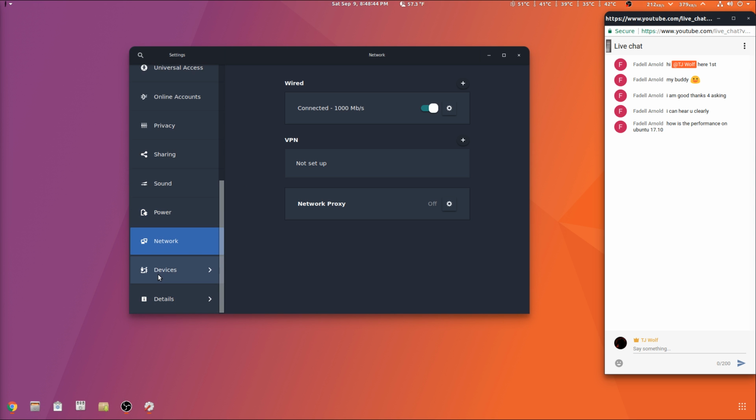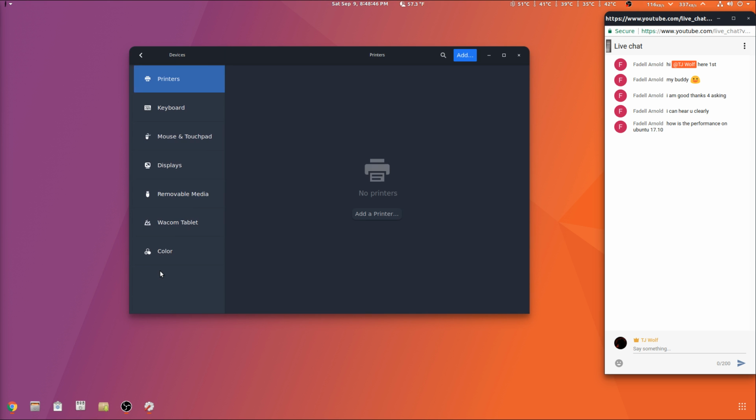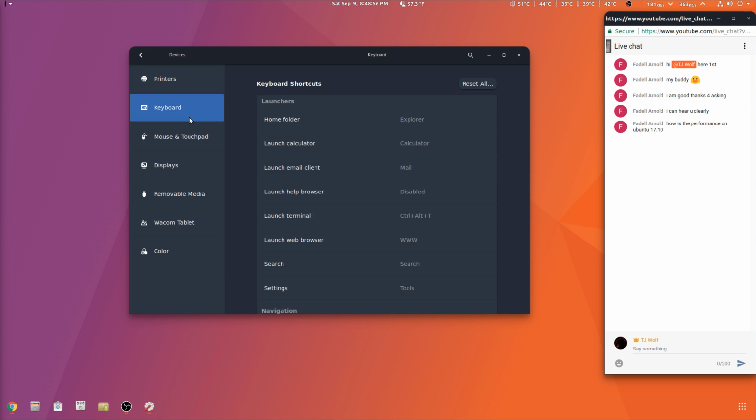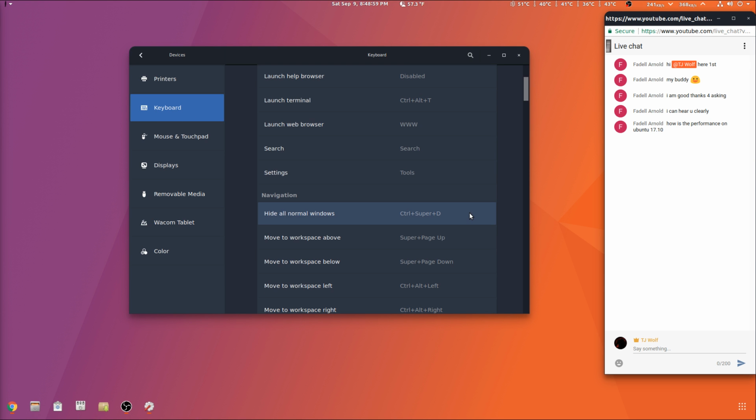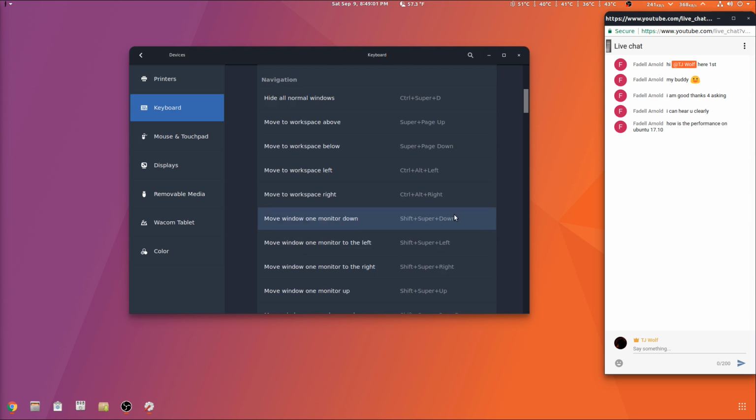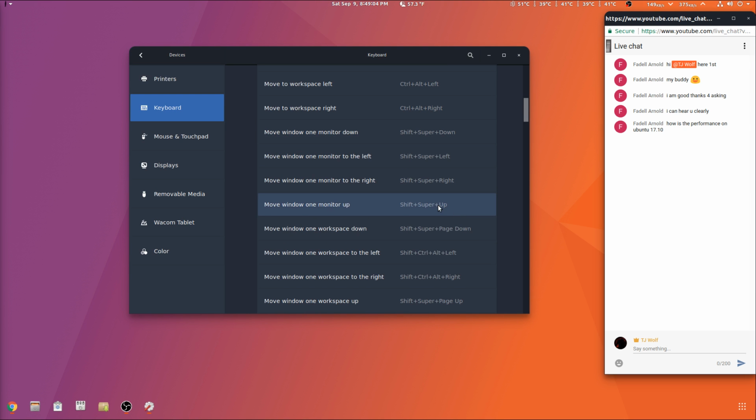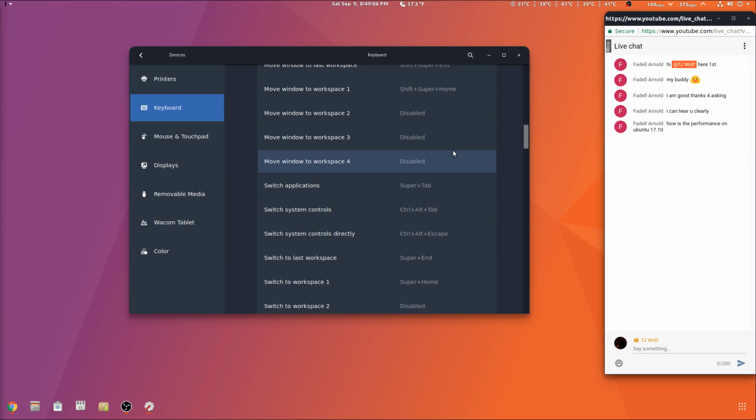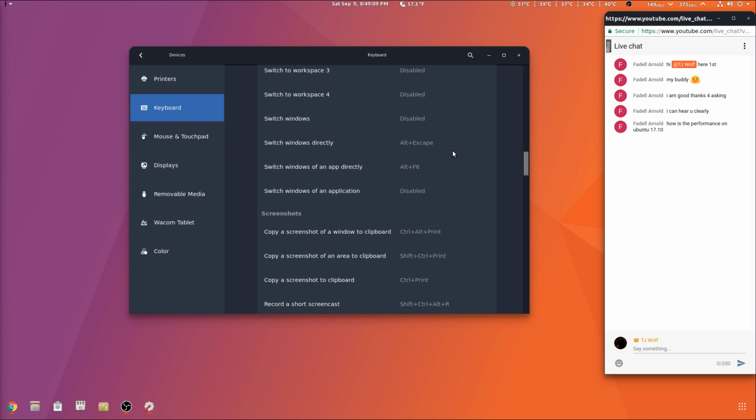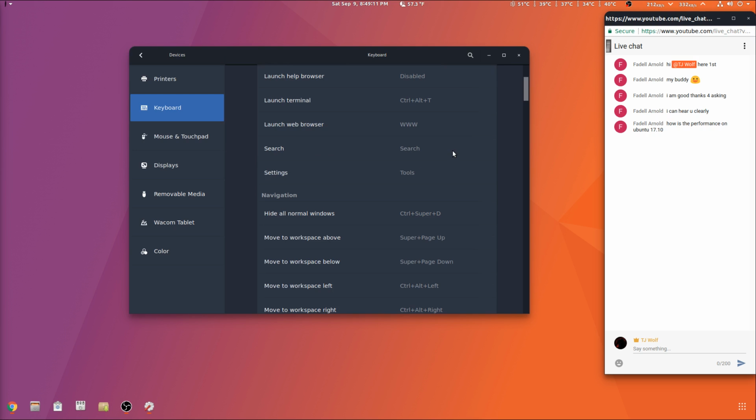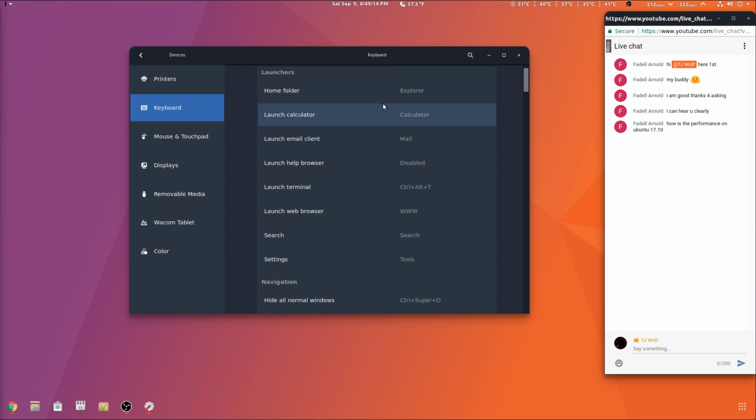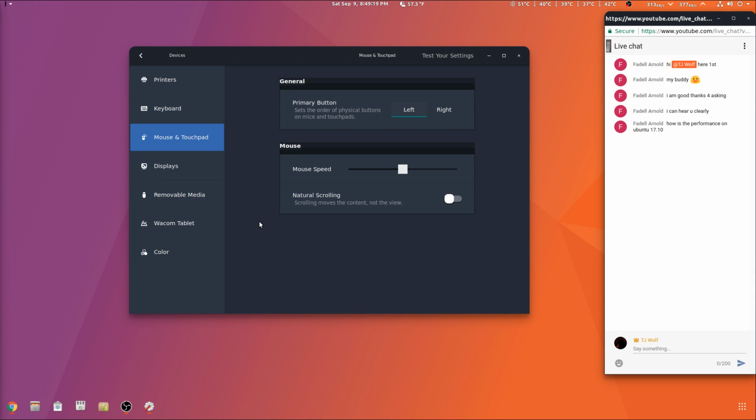So anyway, let's take a look at devices. Devices, you got printer. You can add a printer here. Keyboard layout. You can have a bunch of things. I think this is where you can set the keybind options and stuff, which is really awesome. And you got your mouse and touchpad. Of course, if you're using a laptop